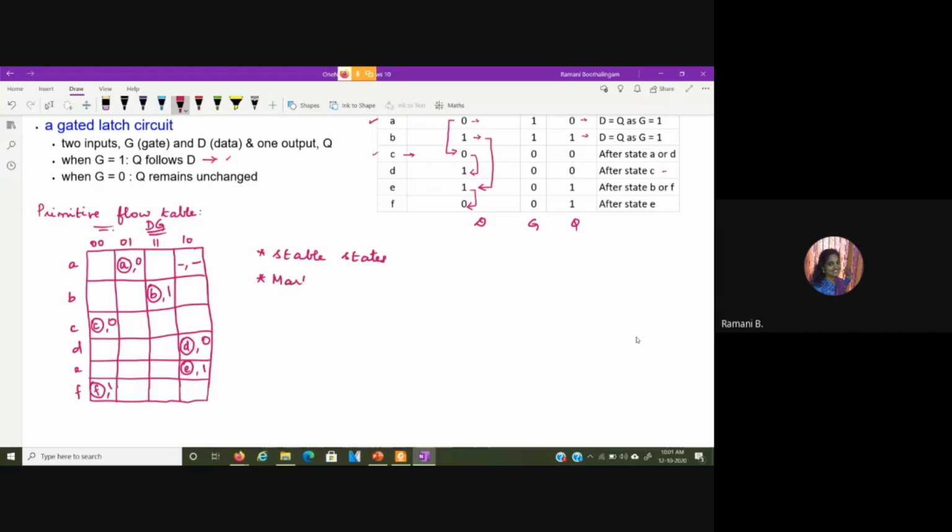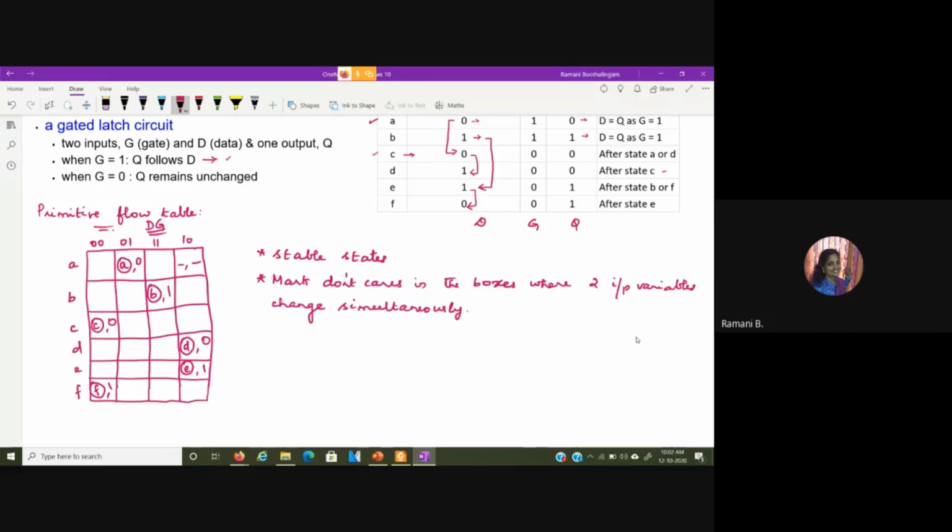So mark don't cares in the boxes where two input variables change simultaneously. Likewise, we have to do it in all the rows.